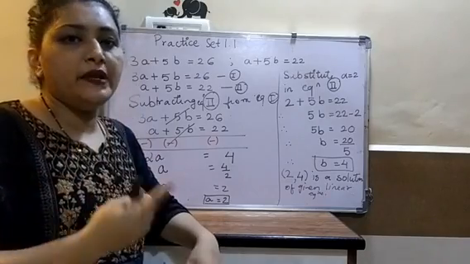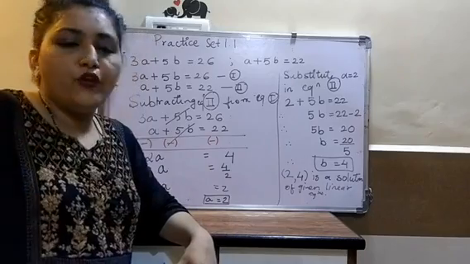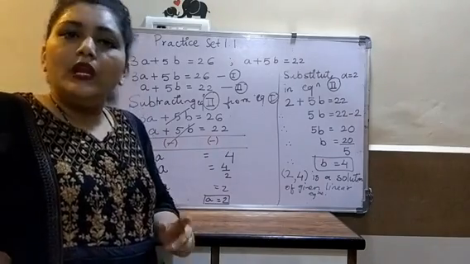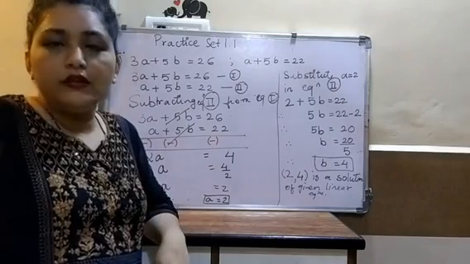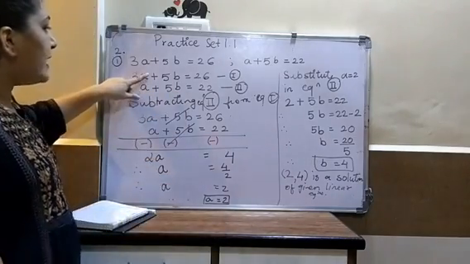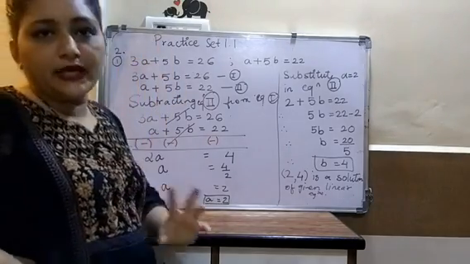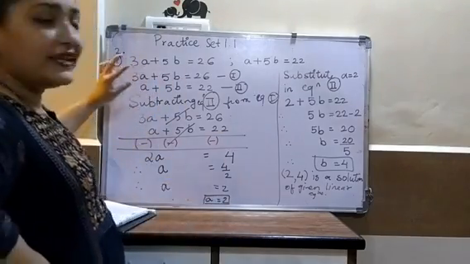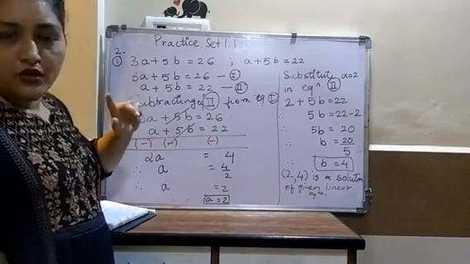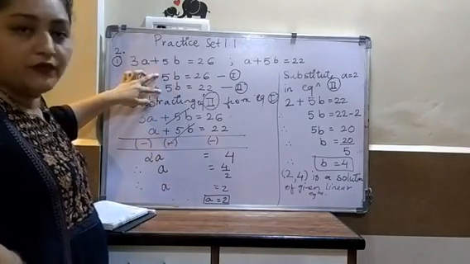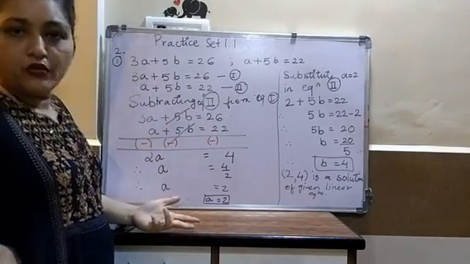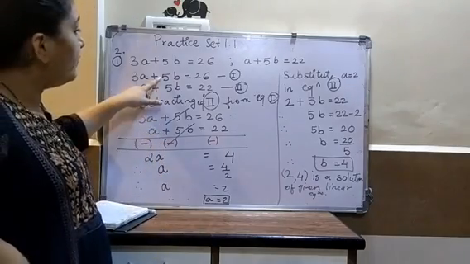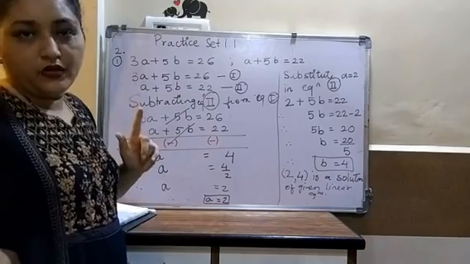Then second step is to eliminate. Okay, second step that you will follow is to eliminate. Now how you are going to eliminate this? Either you will add or you will subtract. Okay, when the different signs are there, opposite signs are there, if one is plus and another is minus, then you will add. And if both are same means both are positive और both are negative. अगर ये दोनों भी positive है और या दोनों भी negative है, okay, then you will subtract. और किसका साइन देखना है? साइन देखना है जिसका कोएफिशिएंट इक्वल है, okay, उसका साइन देखना है और किसी का नहीं.